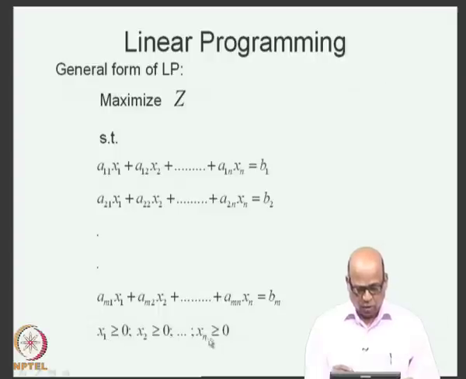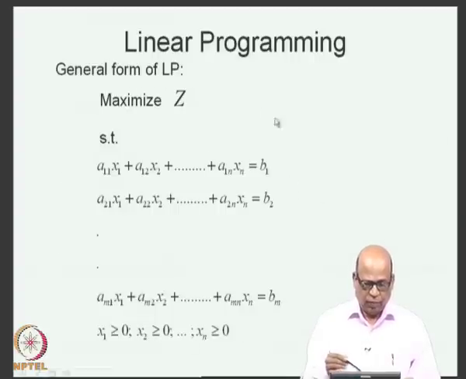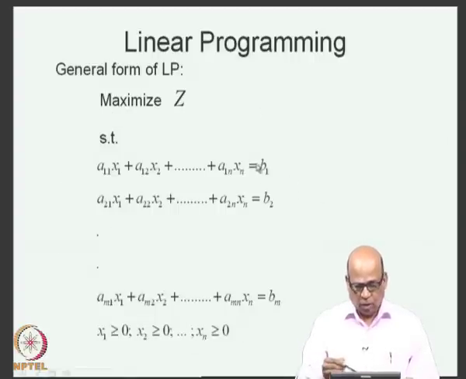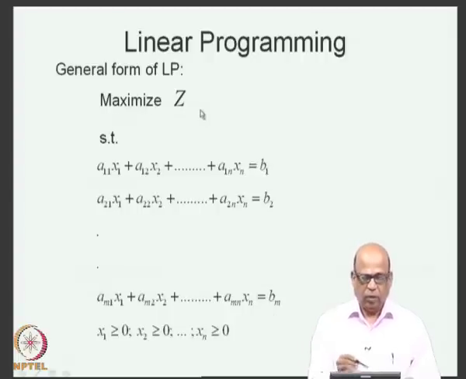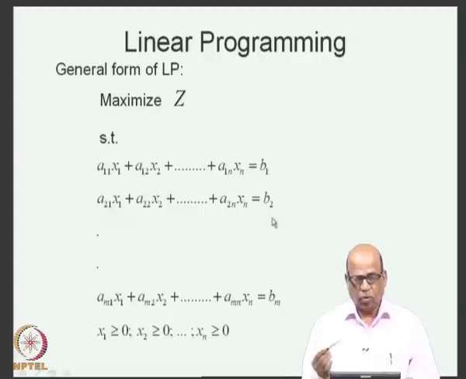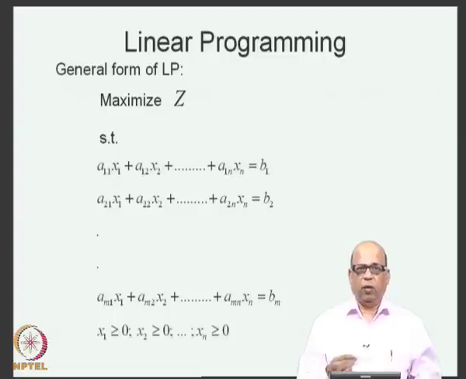Additionally, you have the non-negativity conditions: x1, x2 etcetera must be greater than or equal to 0. So, this is the way we write one general form of LP in which all the constraints can be expressed as equality constraints, and we typically look at maximize value of z. This is one general form. You can also write it in another form. For example, you may look at minimization and then still you can retain less than or equal to and so on. But we will stick to one general form and then see how we develop the simplex algorithm corresponding to this general form.